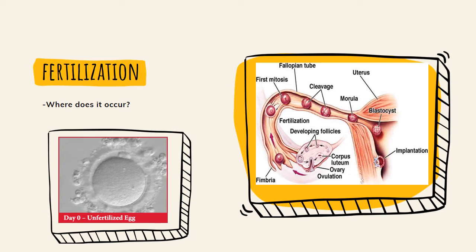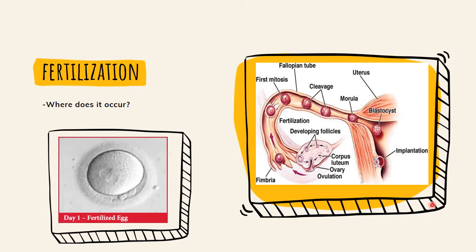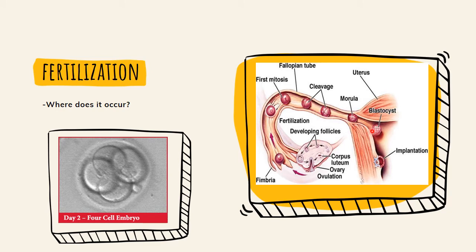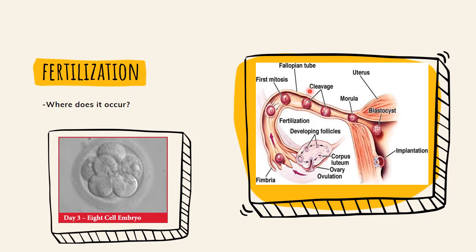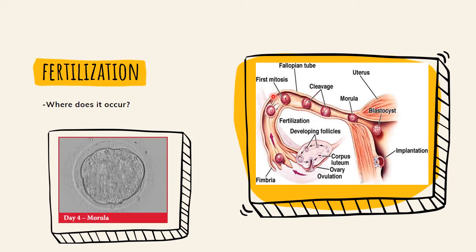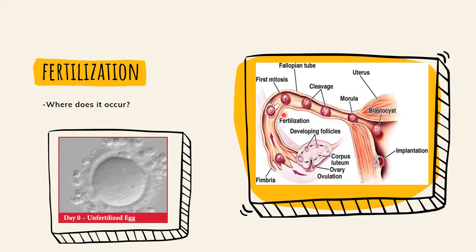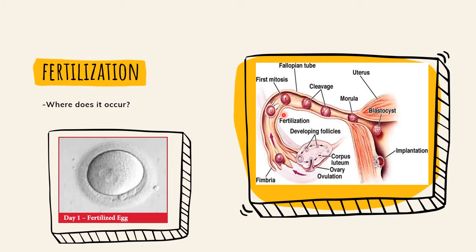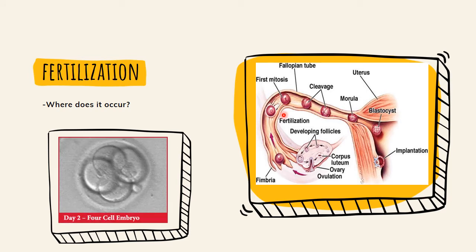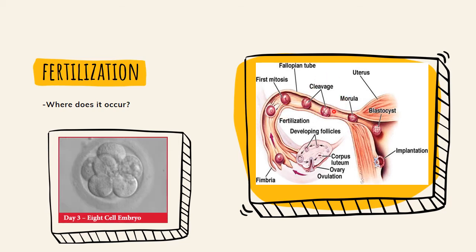Move on to fertilization. So this figure shows how fertilization looks like. Fertilization occurs in a fallopian tube. So this is a fallopian tube. It occurs where one sperm fuses with an egg, and then right after the fertilization, the egg changes so that no other sperm can get in. Then within 24 hours of being fertilized, it starts dividing fast into many cells and then move slowly to uterus